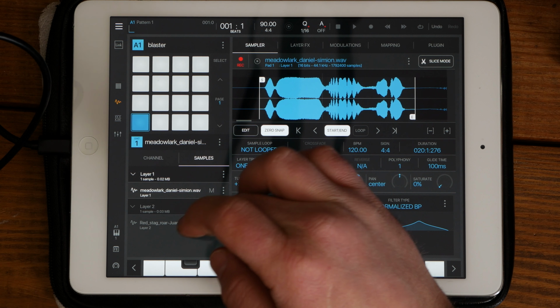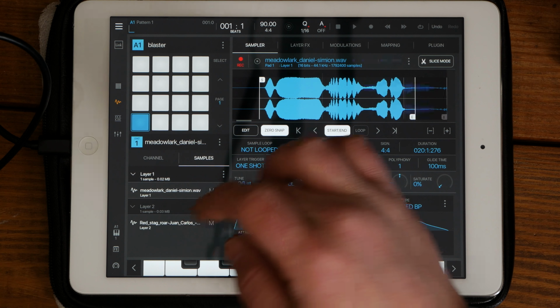It's basically two samples. This one I got from a free samples website. I'll leave a link in the description. It had an Attribution 3.0 license on it, so I think I just have to give attribution to the person somewhere in the description. This is Daniel Simeon. It's a Meadowlark, and here's the